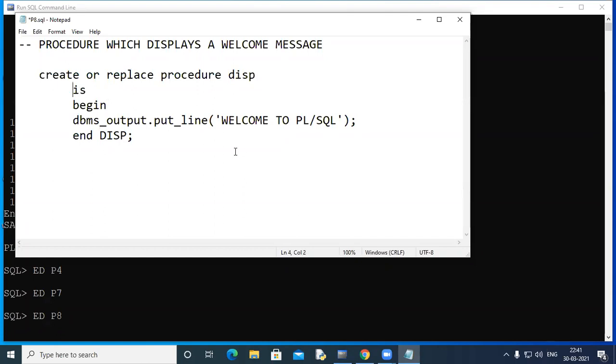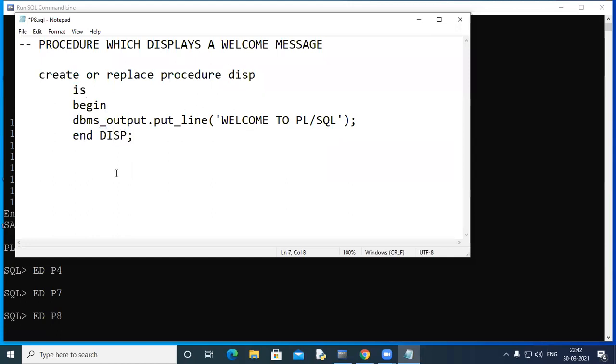See this definition now, all of you. I've created a procedure using the create or replace option. So if a procedure with the name disp exists, it would be overwritten by this declaration. There are no arguments in this procedure. Then the word is. There are no declarations, and no declare keyword, but declarations can be there. I'll show it in the next example. In begin and end, I'm simply printing the message, welcome to PLSQL. And the end can optionally be followed by the name of the procedure, like I've done here.